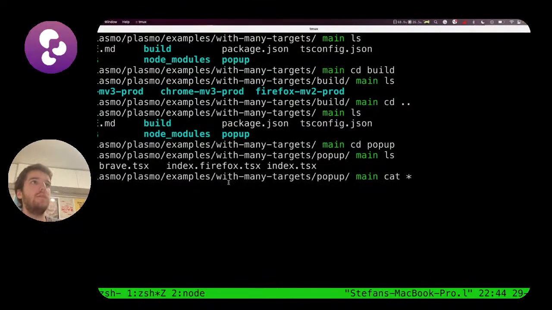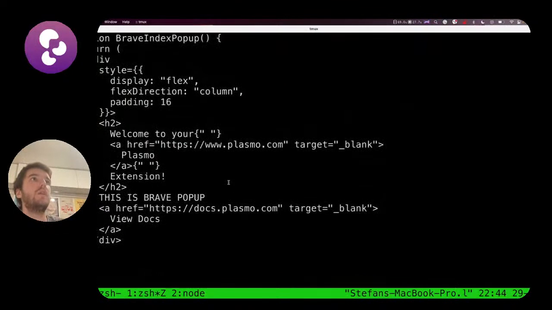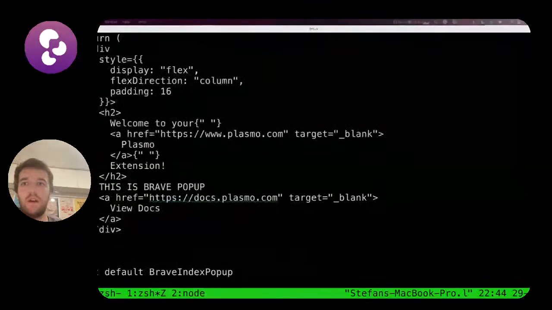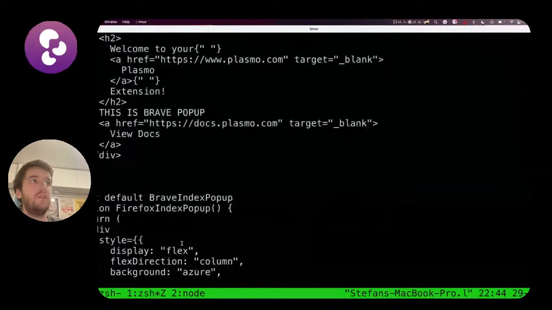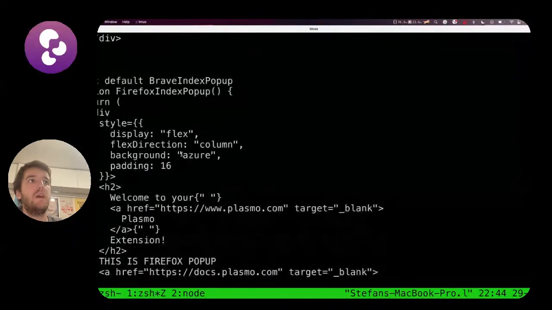So let's cat every file here. That's a bunch of stuff. Let's go through. You see there's a Brave index pop-up. So you say this is a Brave pop-up, okay? And then we continue. And then you have a Firefox index pop-up. And then it says